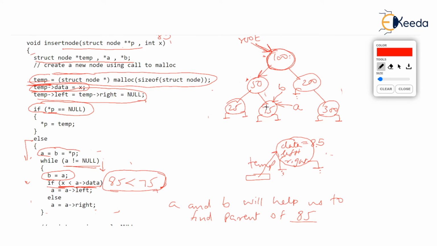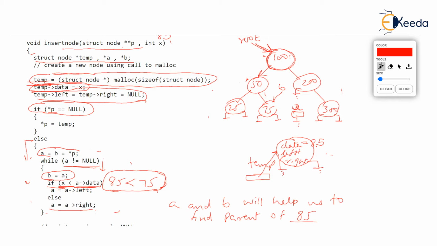Then we should move to the right of this current value. So as the if is false, the else runs and A moves to the right child. That means A will become A arrow right. Now you see, A is becoming equal to A arrow right. Watch the cursor. If A becomes equal to A arrow right, but A arrow right is null, that means A will literally become null. The pointer A will now have a value null,